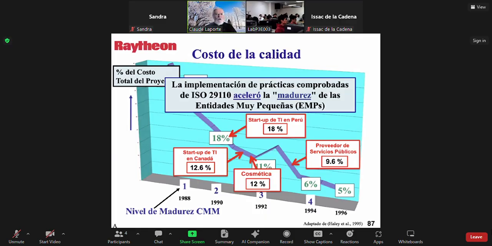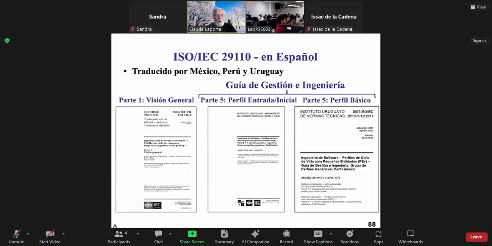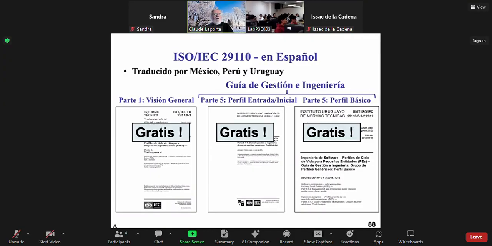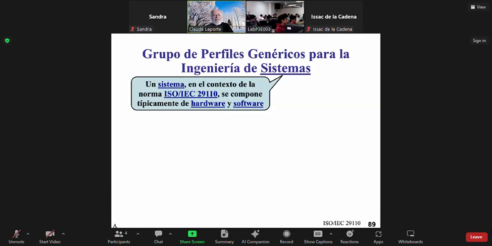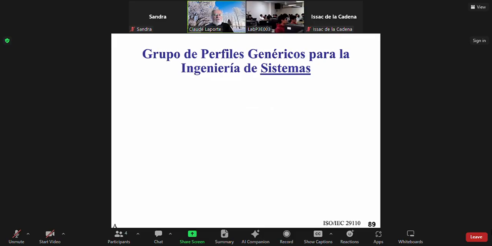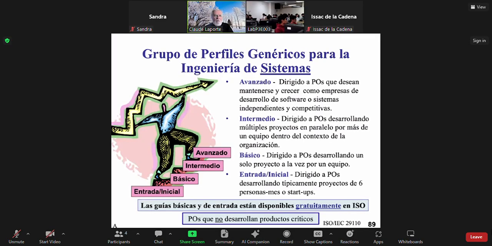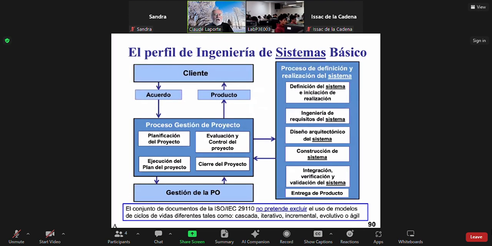Okay? So for those of you, and again, those are freely available documents that are available to you as students. Okay? Now, if you're developing systems, and in 29110, systems are composed of software and hardware components, we have developed a similar roadmap as I showed you before, and very similar guides. Okay? And the only difference is on the right-hand side, instead of working at the software level, you're working at